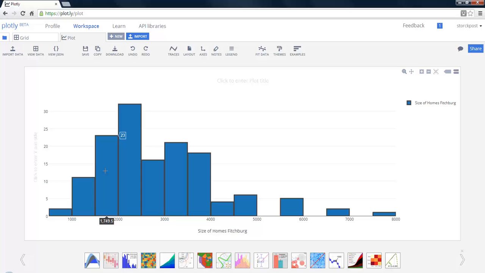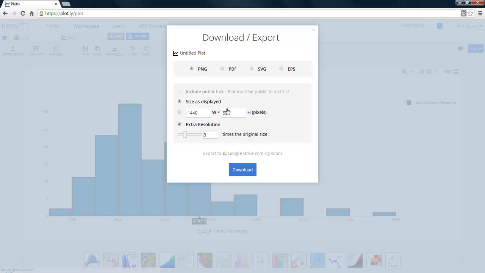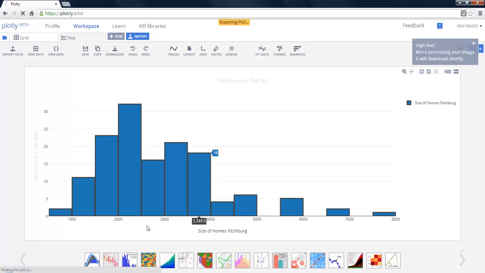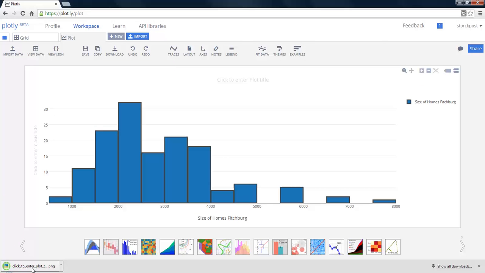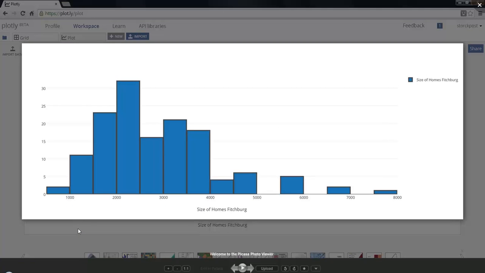So here's my histogram. Now, step 3 is to download this chart so I can paste it into a Word document and hand it in my homework. So one way of doing that is to click Download and just accept all the defaults. And we see down in the corner here it's waiting for Plotly, and then there it is. If I now open it, I see my histogram,